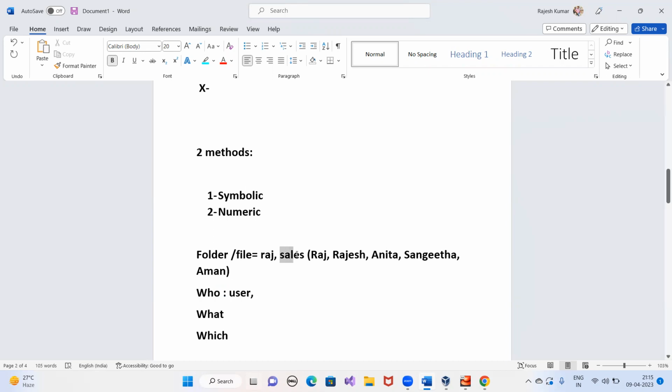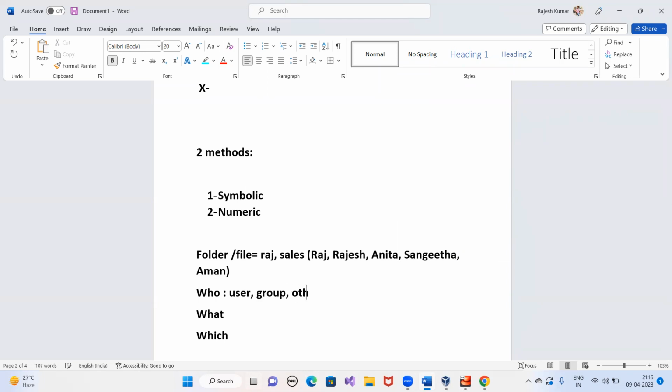So if you want to assign the permission on the sales group so that these users will get that permission on a particular file or folder, then who will be our group. So either you can assign the permission at the user level, or you can assign the permission at the group level. That's the second thing.